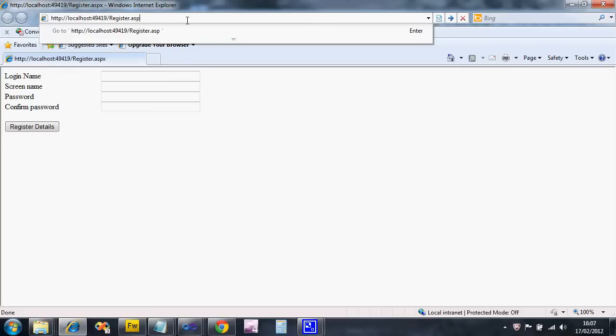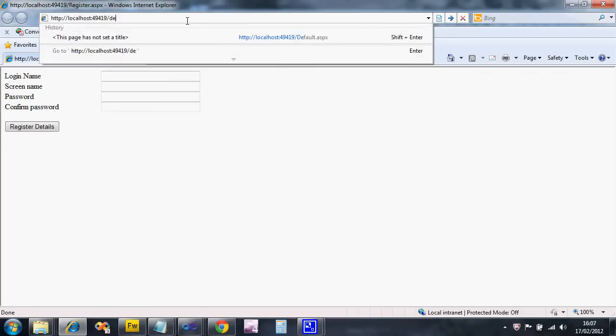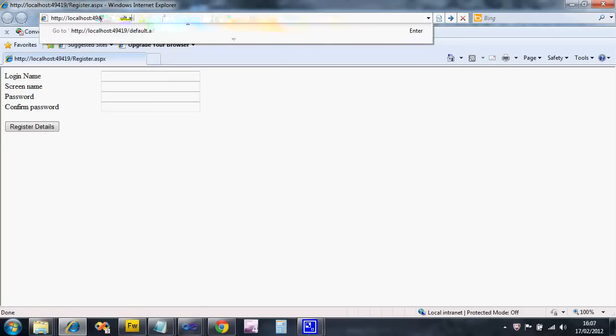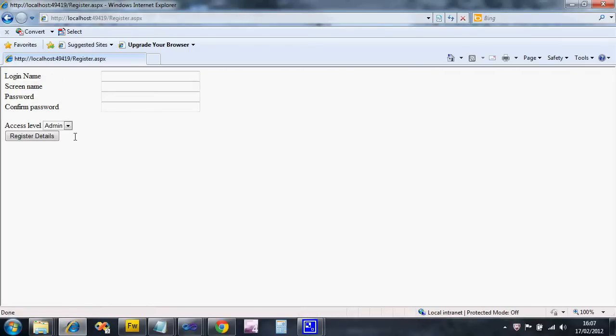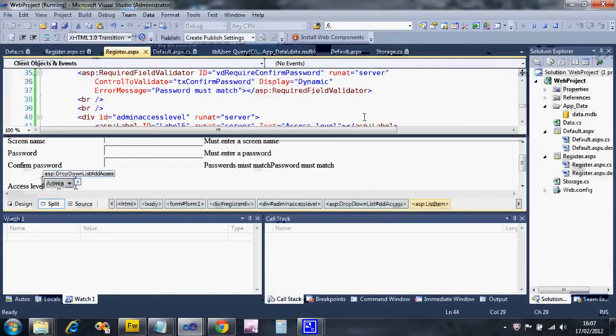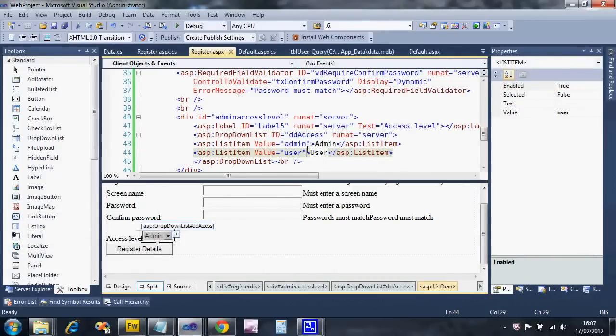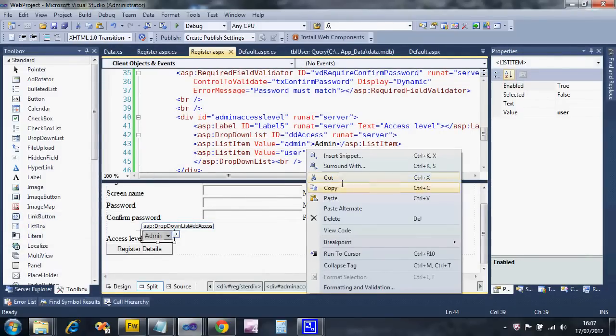Let's go back to default.aspx, which is our home page. Right, I'm going to now log in as my administration user and select register. And you see I now get this combo box that allows me to change the access level. What I've now got to do, coming out of that, is change the code for the registration so that it picks that up. So if I go back to view code,